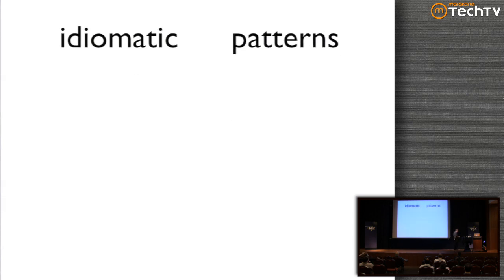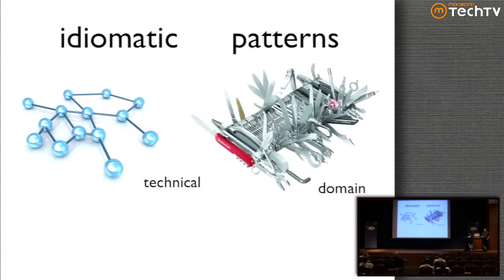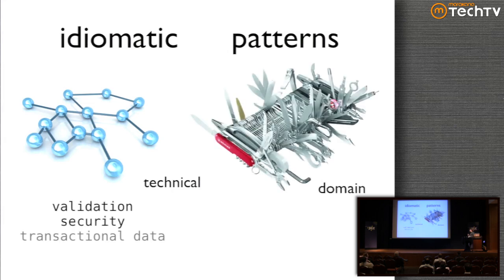I further subdivide these idiomatic patterns into two broad categories, technical and domain idiomatic patterns, where technical patterns are things like validation, security, or transactional data access. Security is a good example of one of these idiomatic patterns because you probably have a very specific way that you do authentication and authorization within your company. You probably do exactly the same way across an entire suite of applications, or you'd like it to be the exact same way across an entire suite of applications. You're working toward that. Most other companies don't really care exactly what the details of how you do that are, but that's a really important thing to your company because that's how you're expected to handle things within your applications.